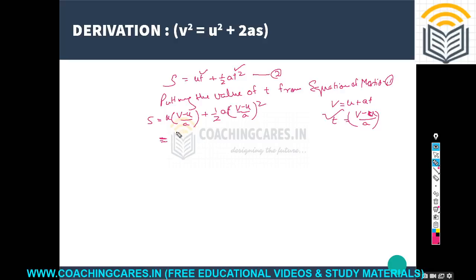That will become uv by a minus u square by a plus half v square minus half u square plus half u square minus 2 multiplied by